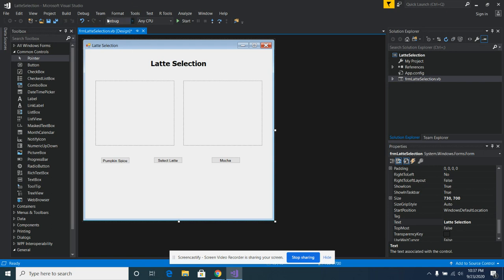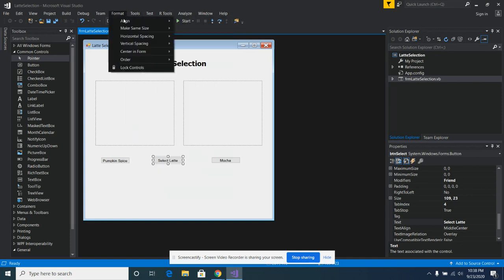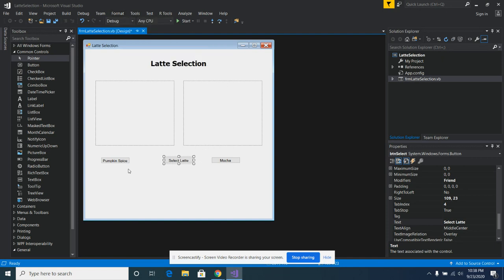So what I'm going to do now is I'm going to center this one, and there's a couple ways we could center these. I like to have my buttons centered across the picture box. So you can eyeball it. There's different ways of doing it. Like I mentioned in my walkthrough or my presentation,